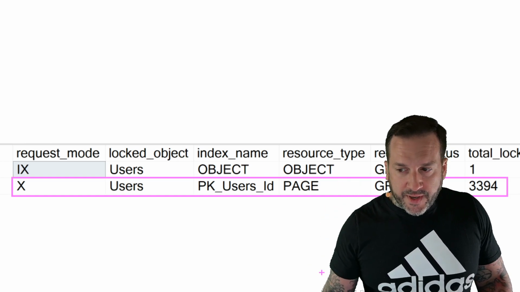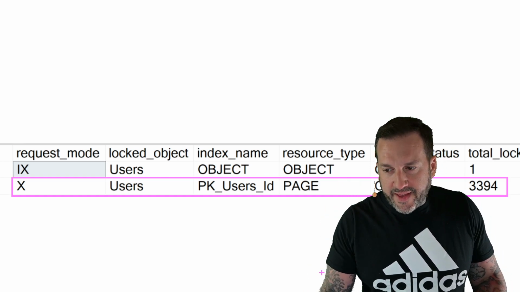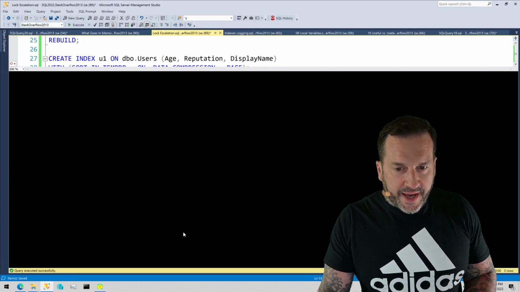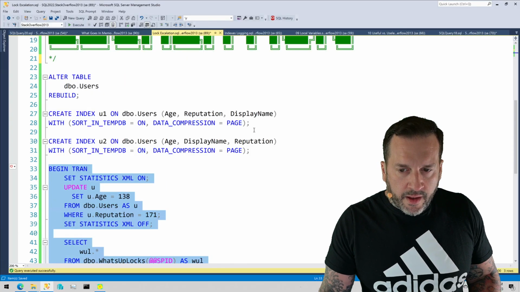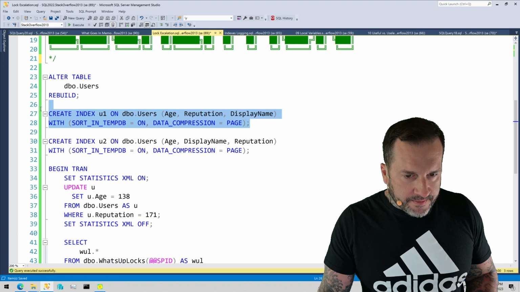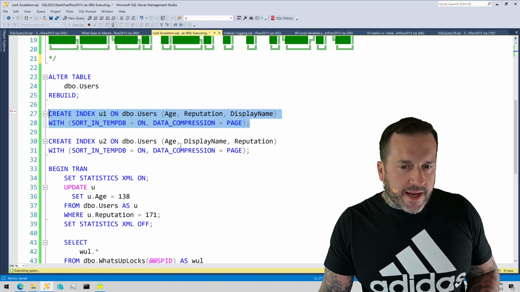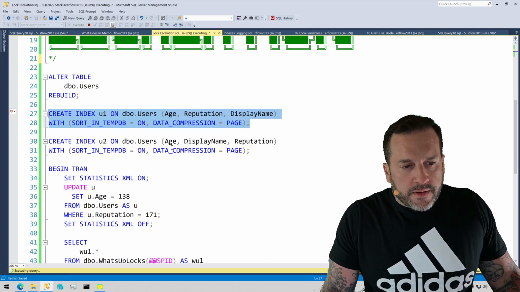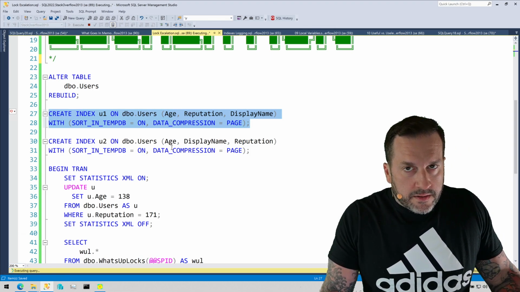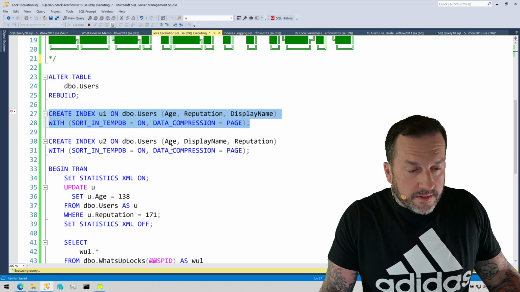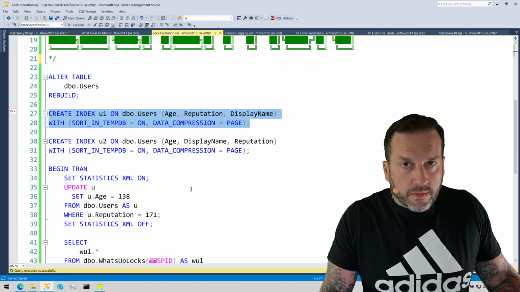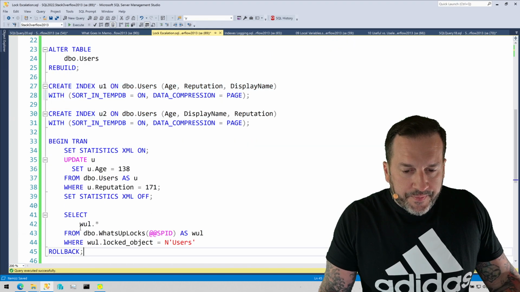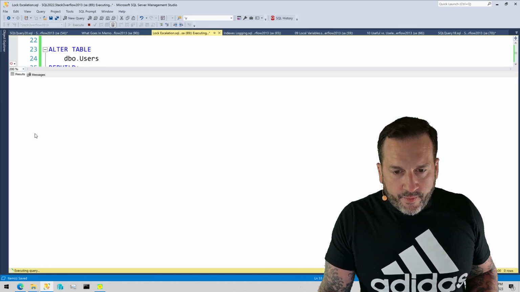So that's just with one index. We end up with 3,394 pages locked. If we add in this index and we run through the same thing again, we will see that SQL Server now has a new object to lock, and it takes out more locks, not like the time machine villains, but more locking on the index. And we end up with